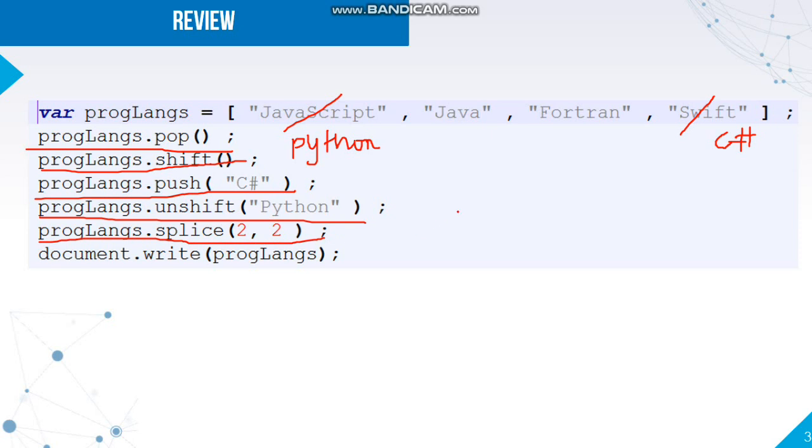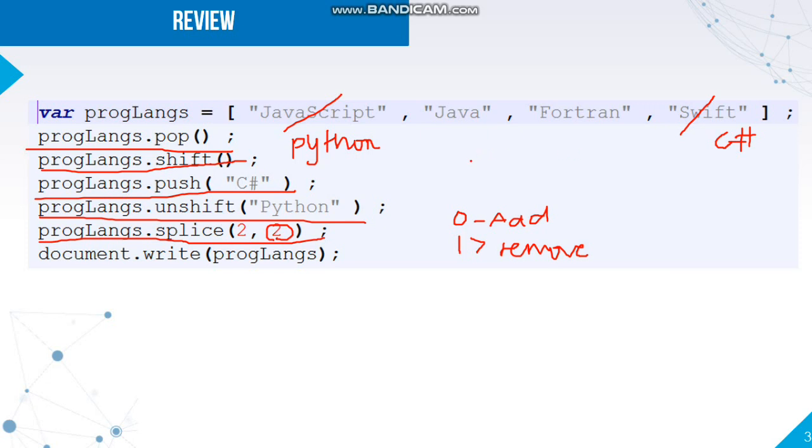In splice, remember that when you use 0 as your first value, it means that on the second value you're going to add elements here. But if you're going to use 1 or greater than 1, you're going to remove elements. Now the 2 here indicates the index at which you're going to remove, because we have numbers greater than 1. So here we're going to remove at index 2, 2 elements, because we indicated here 2.